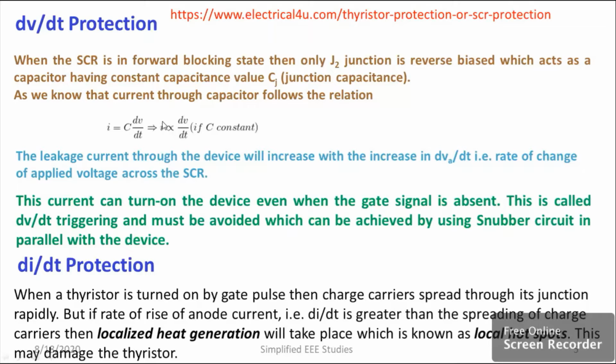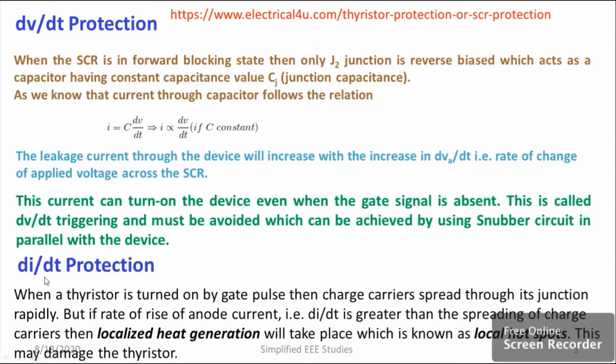So as the leakage current increases, what is going to happen? The dV/dt rating will be increased. If you keep on maintaining this condition, the SCR gets turned on without applying the gating pulse. I already informed you that if you operate without providing the gating pulse, the device will be spoiled. It's not good for the device, so the breakdown will take place for that particular device. That is not advisable. Therefore, to limit the dV/dt, you need to connect an RC network across the device so that you can control the value of the dV/dt rating.